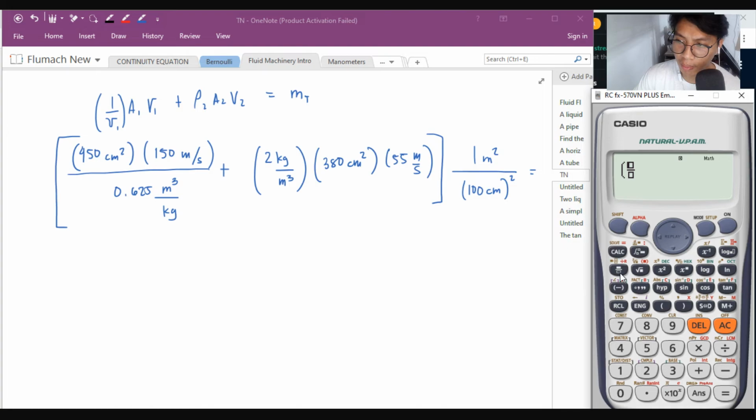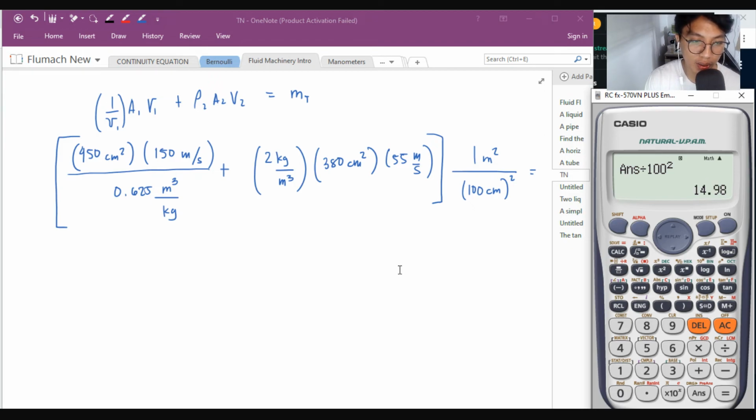So, 450 times 150 divide by 0.625 plus 2 times 55 times 380. Okay. I-divide natin ng 100 squared. The answer will be